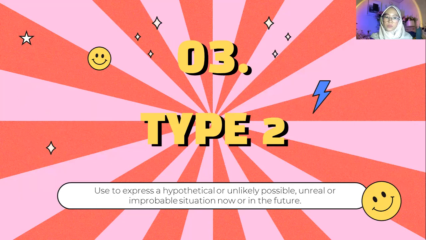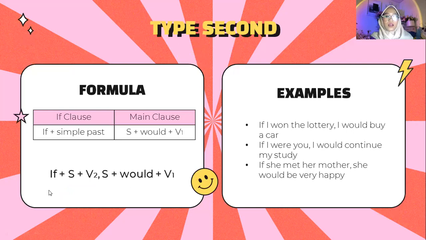We use this to express a situation that could not possibly happen now or in the future. The formula is if plus subject plus verb 2. We use simple past for the if clause, comma, subject plus would, or we can use could, might,